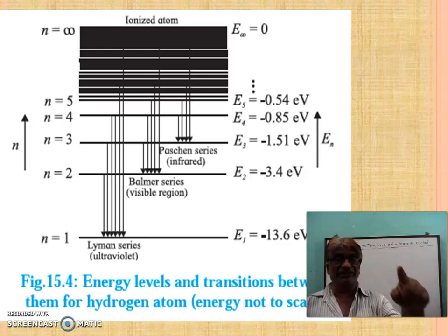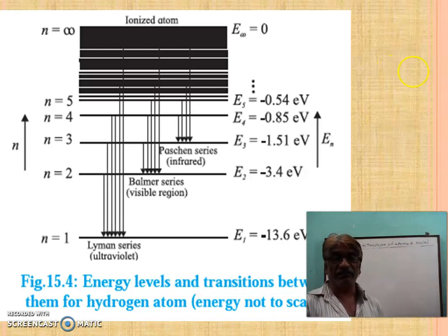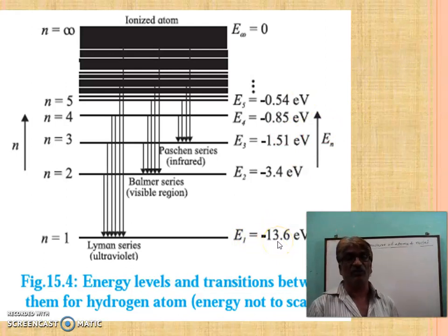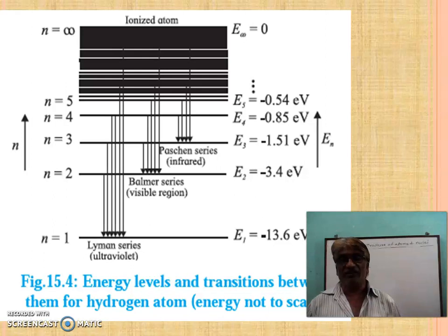First line, that is n equal to 1. When n equal to 1, then energy E1 becomes minus 13.6 electron volt. When n equal to 2, first of all we draw a horizontal line at the bottom of the page. Measure up the fifth or sixth line, and on the sixth line draw another line, that is n equal to 2, then we can find E2.